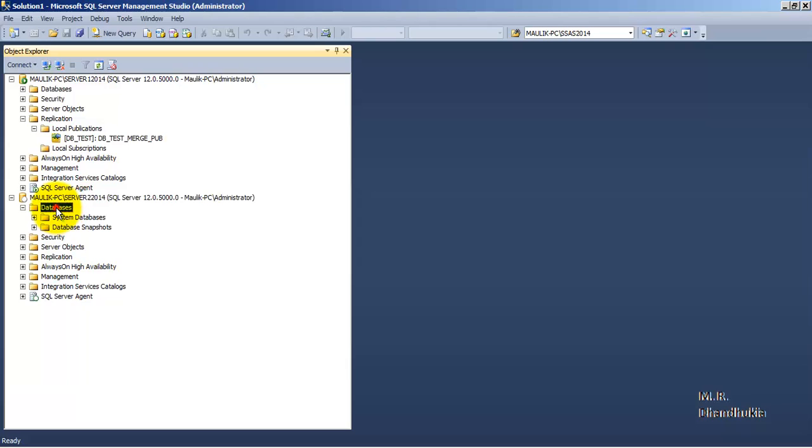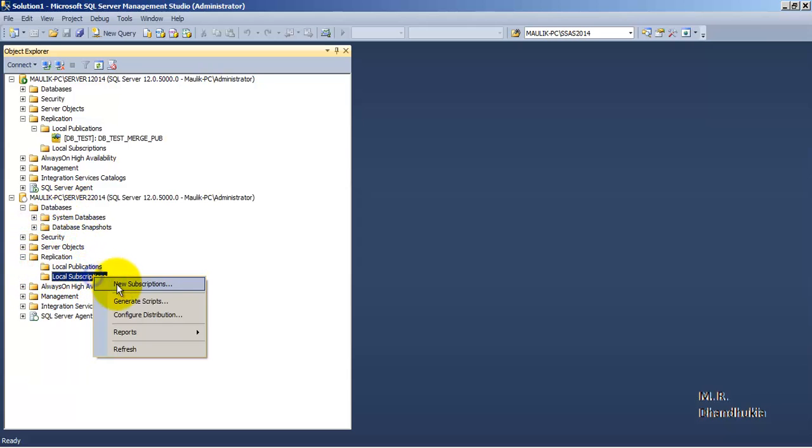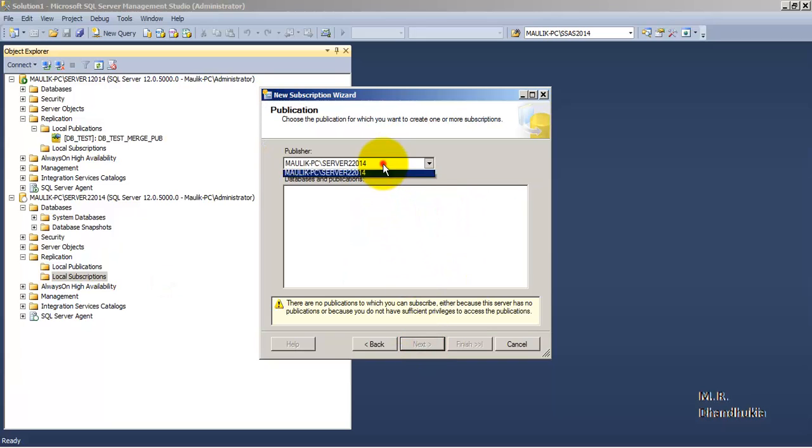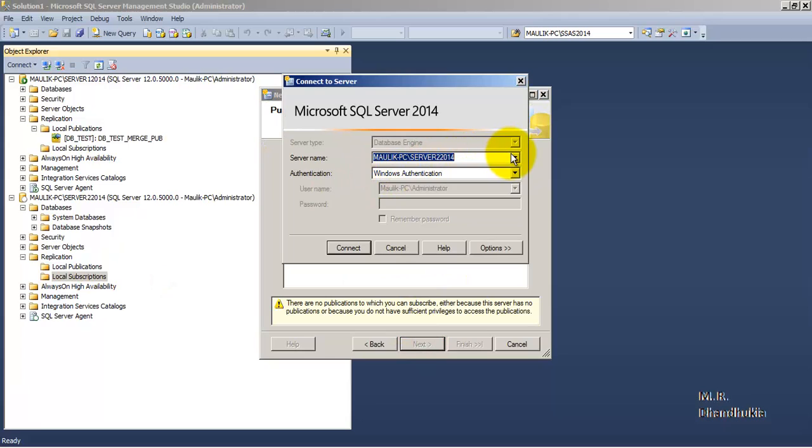Now in the second instance, currently there are no databases. So let us go to replication. Let us go to local subscriptions. Let us right click and add a new subscription. Let us click next. Let us identify the server where the publisher is existing, which is nothing but our first